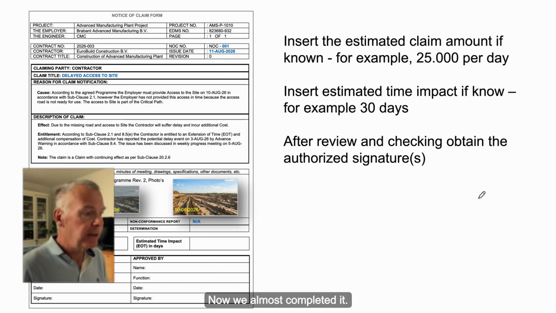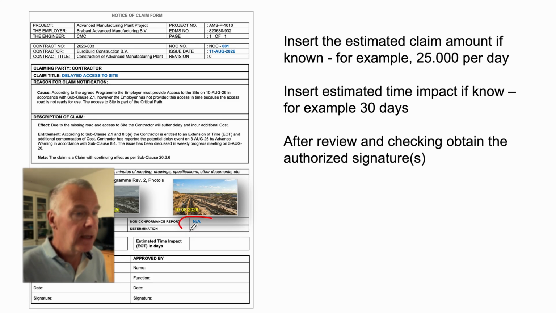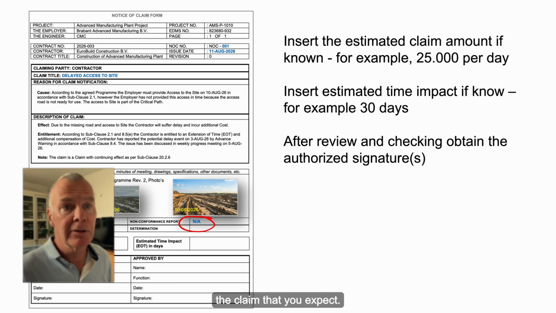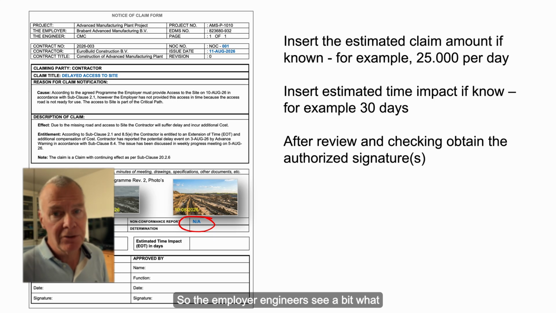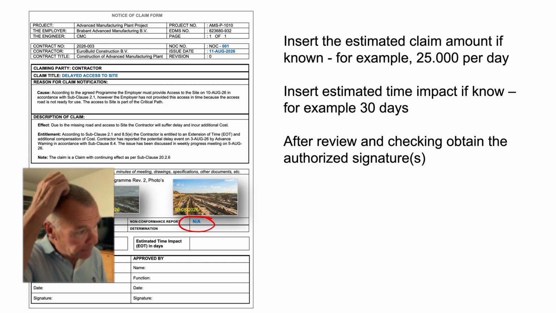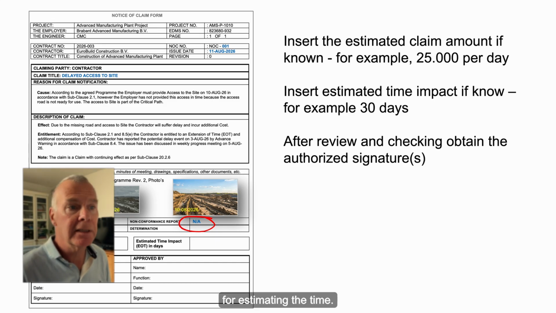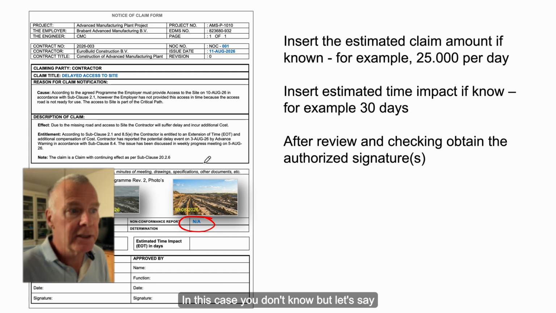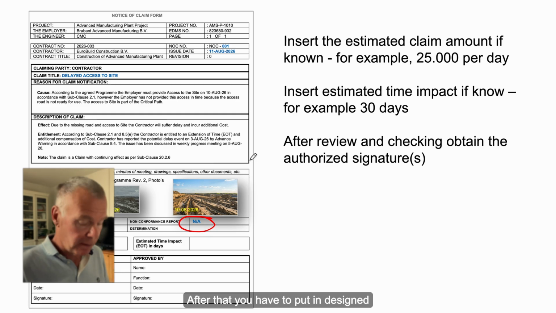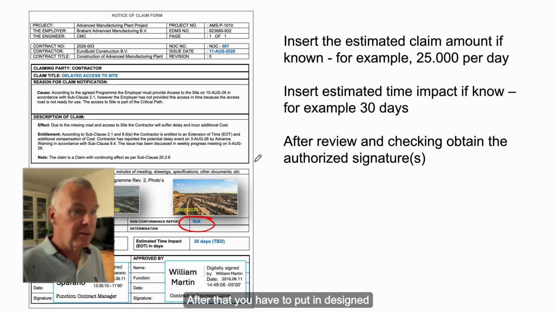Now we almost completed it. The boxes that are not applicable, we just put it in. You can put in an estimated amount for the claim that you expect, so the employer engineers see a bit what the impact may be in monetary value. Also, the same applies for estimating the time. In this case, you don't know, but let's say 30 days for this example. After that, you have to put in